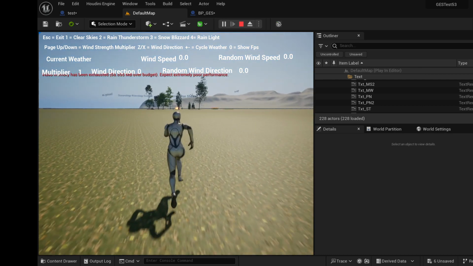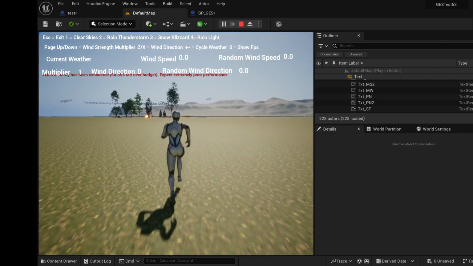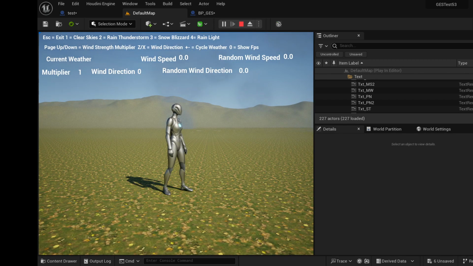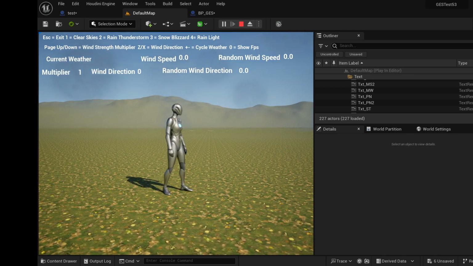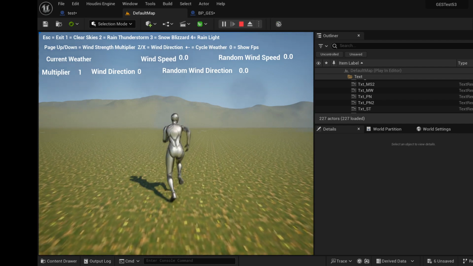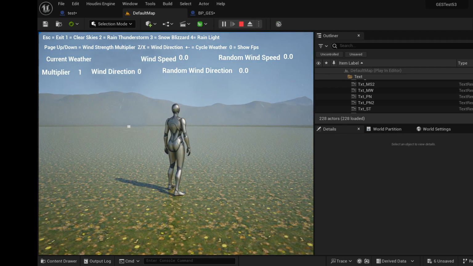So we can run over here towards the direction it's going in and sit here and wait a little bit. And it'll slowly come to us. You can see it coming towards us. And again, this is the movement duration, which is calculated based on the wind speed and a variable I added over a certain distance. Let's just run towards it a little bit. Okay. Now, if we change direction,